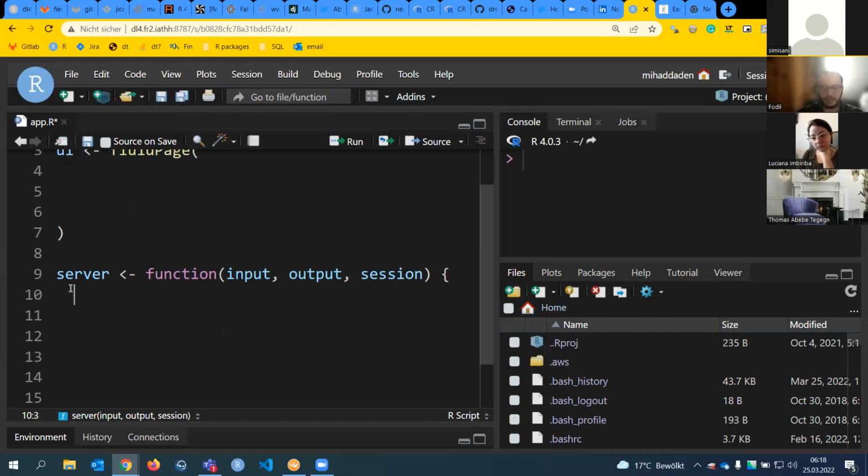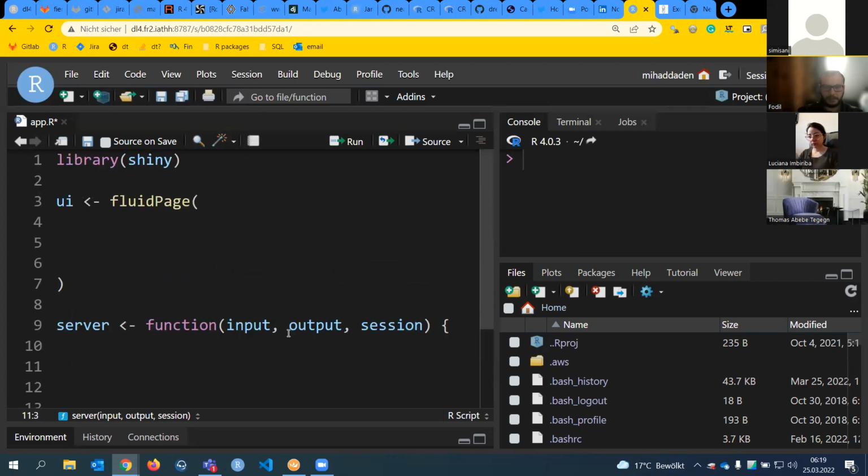If you serve your application into production and you have one user using it at the same time as another user, you can share data between the two sessions, and you can use the session object for it. I mean, it's really advanced. But for now, just don't care about it. Just write session here and forget it. As an introduction, our main focus will be on these two objects here, input and output.